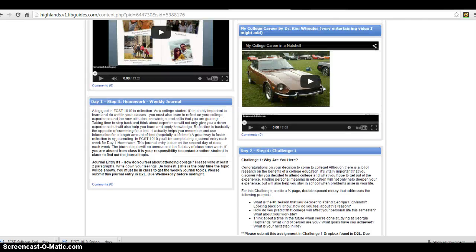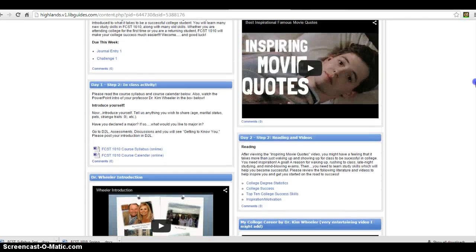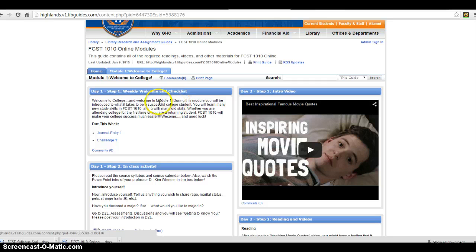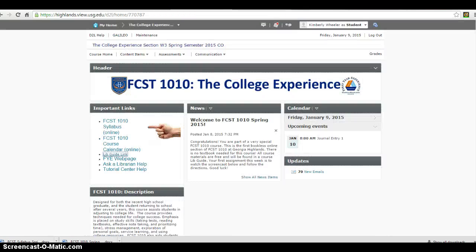So now you know how each module will work this week. Column 1, Day 1, this is to be completed before Wednesday at midnight. Column 2, Day 2 is to be completed before Sunday at midnight. I said you can get the journal entry at the bottom of this column this way or through Challenge 1. I'm going to go back to D2L again, and I'm going to show it to you that way. I ask you to complete the journal entry